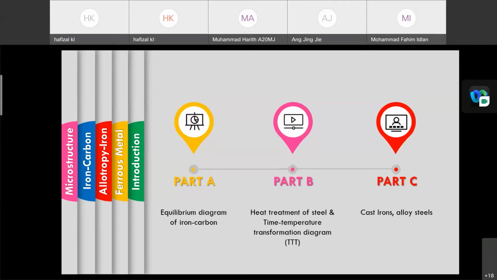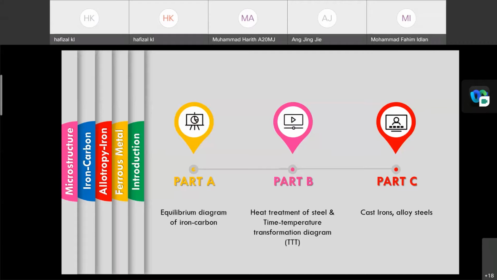Okay, and we also learned about the combination of different materials. We mainly discussed the lead-tin phase diagram, and also other phase diagrams such as the copper-nickel phase diagram. In this chapter, we will continue to cover the iron-carbon phase diagram. Okay, in this we have three parts here.